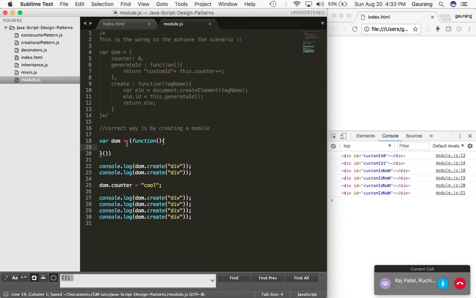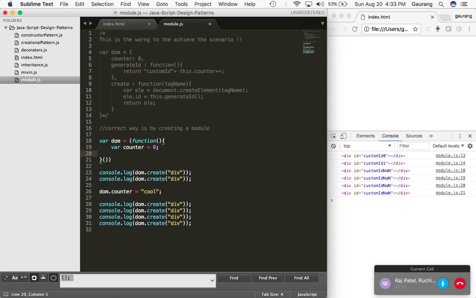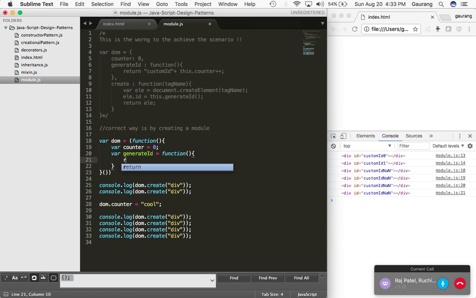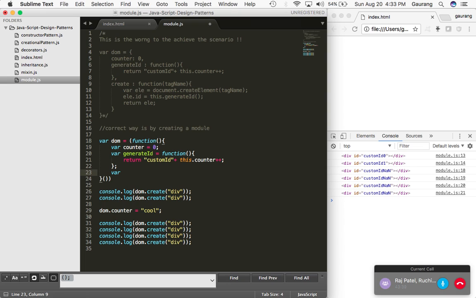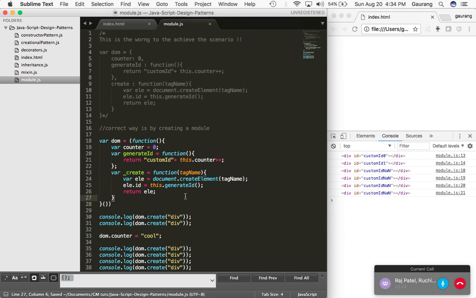That means as soon as this function is in memory, I'm just calling it out. And what logic am I going to write? I'm going to write a counter, and say counter is equal to 0, and I will say something called generateId, which would be a function, and this function would return me the same thing. I'll copy this from here to here, and then I am going to create something called _create, and again write the same logic over here. I'm just going to copy and paste the stuff here,